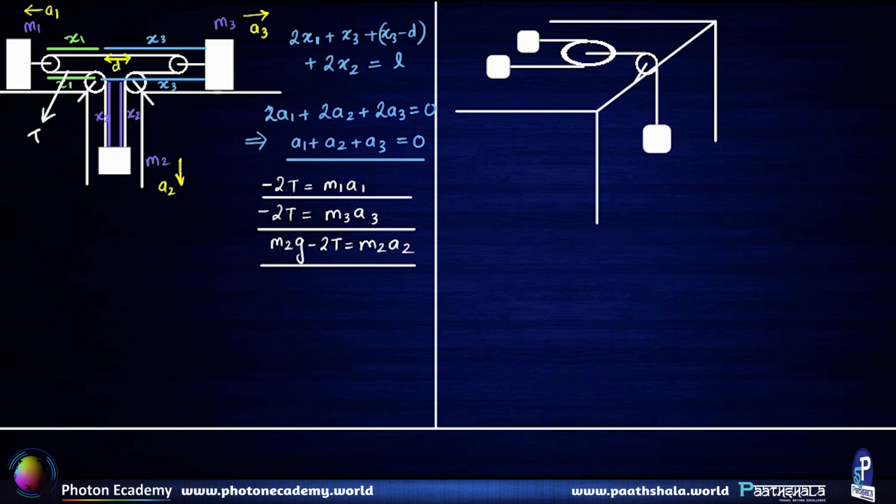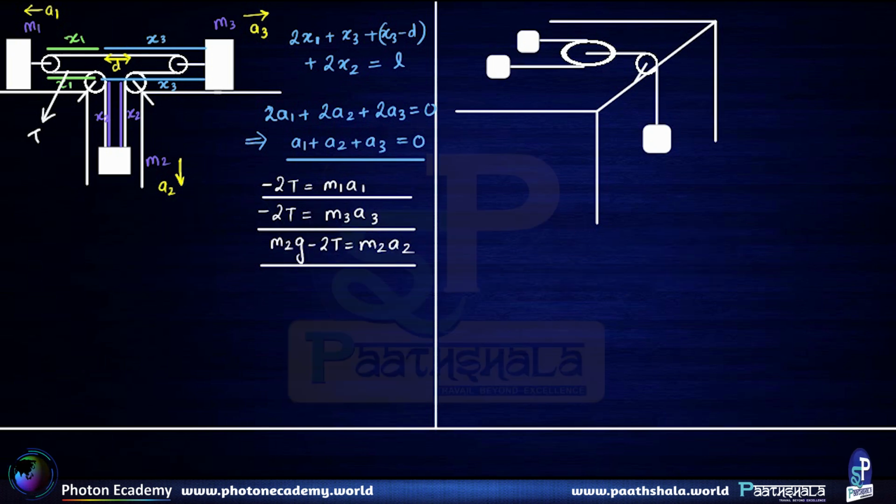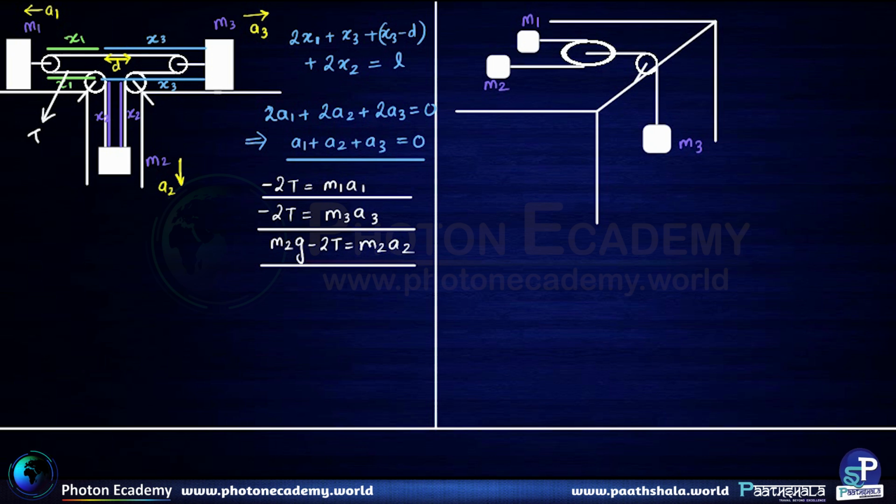Now in the next illustrated example, this is the mass m1, this is the mass m2, and this is the hanging mass m3. So these two masses m1 and m2 are kept on a frictionless table, and they are connected via a horizontal pulley that is kept on the table as shown. So this is the horizontal pulley kept on the table. Now over this pulley